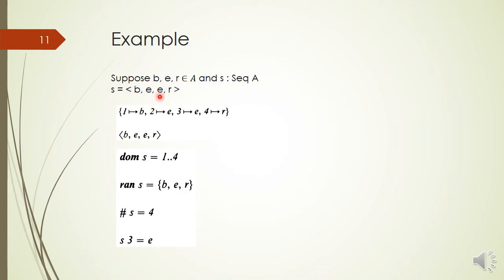So there are three elements actually. The size of the sequence is 4, but the elements are 3 in that sequence. Therefore the range of sequence S would be 3 elements, which include B, E and R. And the cardinality of the sequence is 4, as we have discussed that the first value of the last ordered pair is 4.